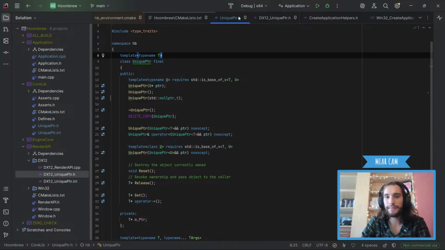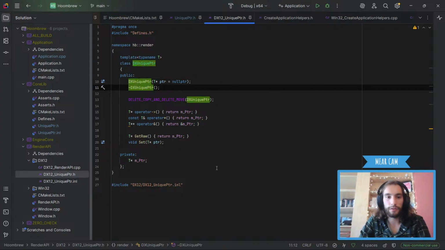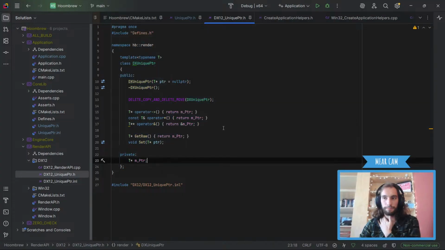Secondly, this is like the edge case. This is the only case I know where you would actually prefer having a specific delete function rather than just calling the keyword delete. So that's why I'm just going to keep it as a DirectX unique pointer separately from the normal unique pointer, so we actually know it's doing some specific calls.